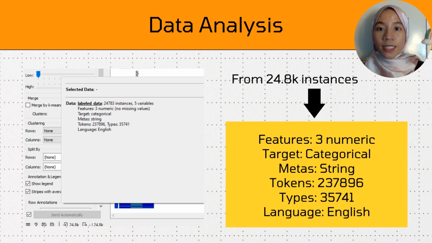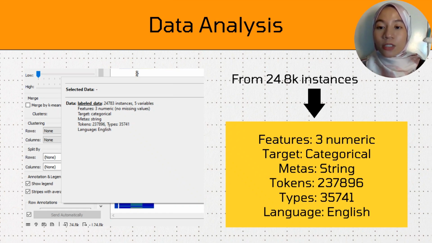So we move on to the data analysis, which refers to the dataset used in this project. We have 24,000 instances in the dataset, and we also have three numerical features used for the analysis, which are hate speech, offensive language, and neither. The target variable consists of different categories or classes, and the metadata in this dataset is described as string, which means that it contains textual information.